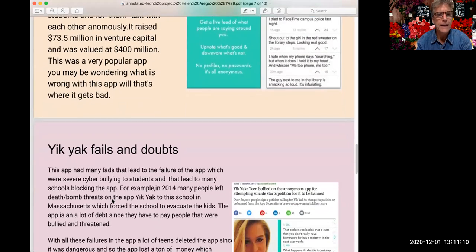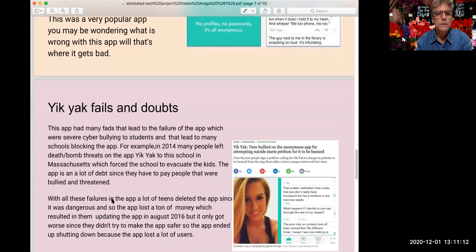Yik Yak fails and doubts. This app had many flaws that led to the failure. The app had severe cyberbullying for students that led to many schools blocking the app. In 2014, many people left death or bomb threats on Yik Yak to a school in Massachusetts, which forced the school to be evacuated. Having the ability to anonymously post whatever you want,